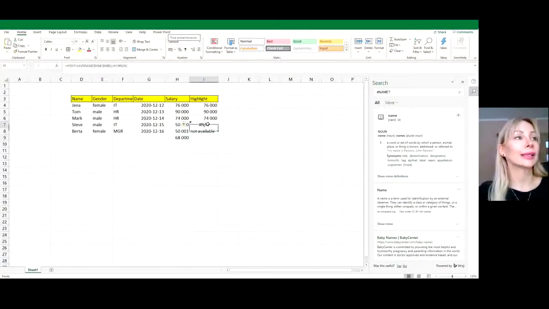If you want to apply this function to the rest of our cells, we can simply click on this little square at the bottom right corner, hold it, and move our mouse to the rest of the cells. As you can see, the solution is very simple. In my private opinion, it's better to use text like not applicable, not available, not using error as a result of a function.